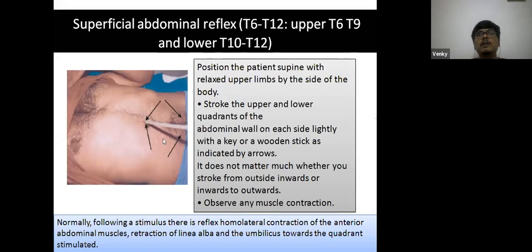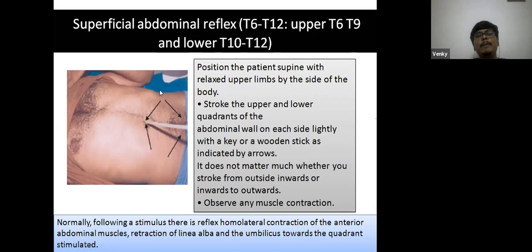Why this is very, very important is that if a patient with paraplegia has a lesion at T10, they get a Beevor sign. Beevor sign means you place your knee hammer handle over the umbilicus and ask the patient to lift his head. If the umbilicus moves upwards towards the sternum by more than 3 centimeters, the lesion is at T10.